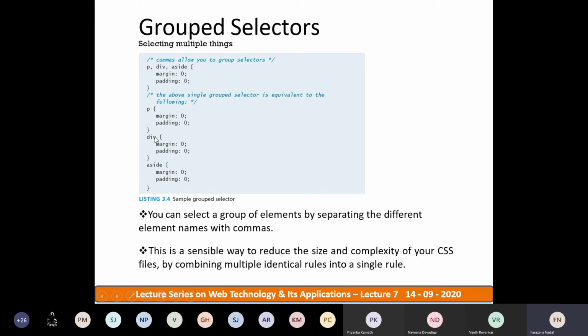Then the second one, here this is single grouping element. Single is nothing but only a specific element you need to add. Before, in the previous selector, we added single elements. So we are simply adding the same styles for different elements. What we can do is combine them. So the advantage of a grouping selector is that you can apply it only once for multiple HTML elements, right? This is the main advantage of the multiple selector form.